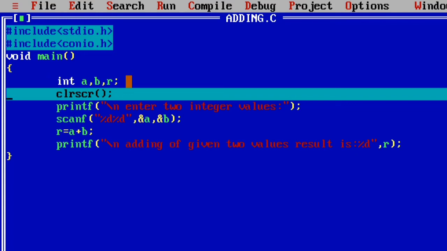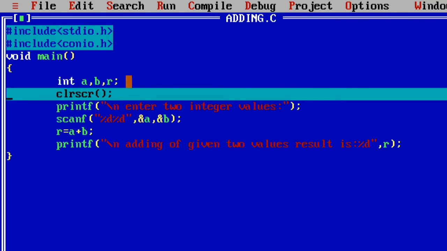Now a, b, r, three integer variables, are declared in the random access memory. These three variables are integers, that's why I am writing the int data type here.